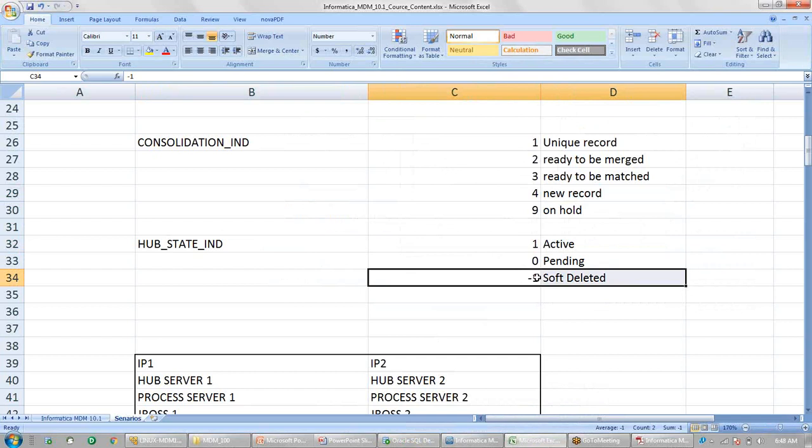So it will not use this record anywhere, means in the match or merge process or anywhere else. So you cannot use this record. And hard delete means you are physically deleting the record from the table level, means from the base object, cross reference, all the places you are deleting the record from the table itself. So sometimes this can be done because